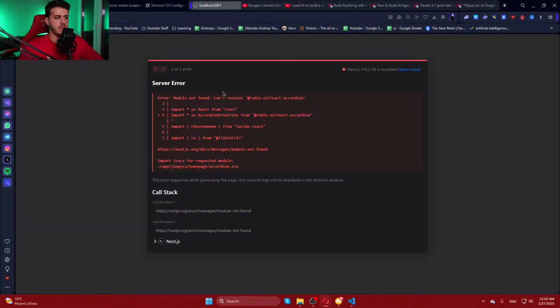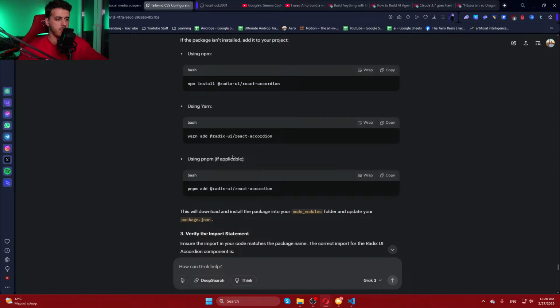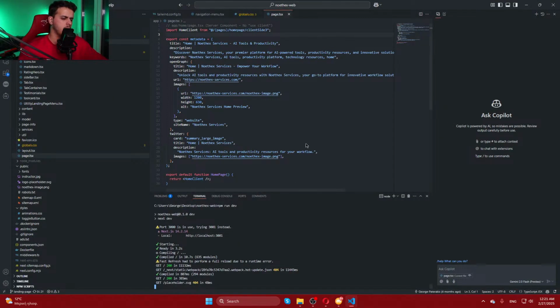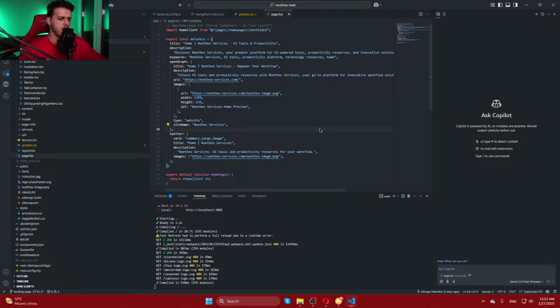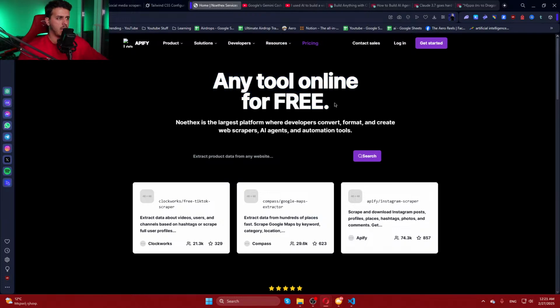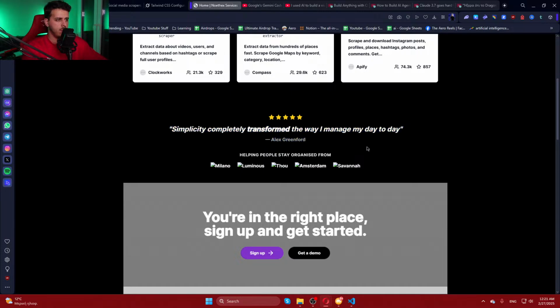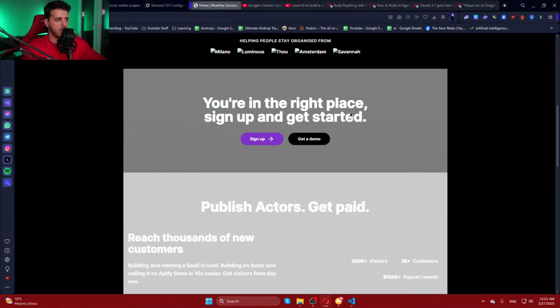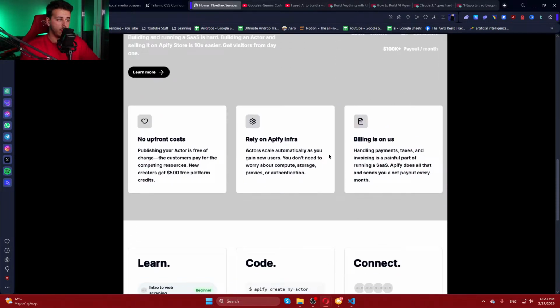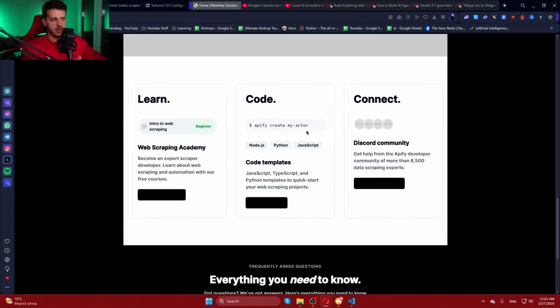Does it run right now, or do we have some other dependency? So again, it says Radix UI Accordion module not found, which is a bit strange because I think we actually have this. Okay, so, any tool online for free, and this is the landing page right now. It needs quite a lot of work to be fixed and improved, but already it has some things